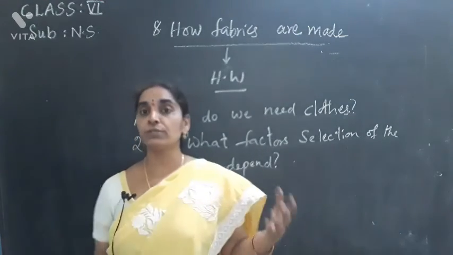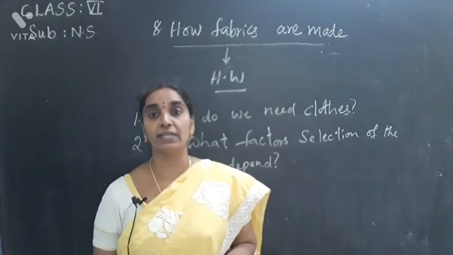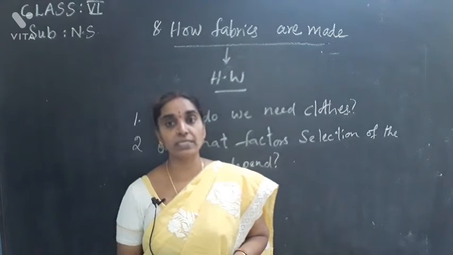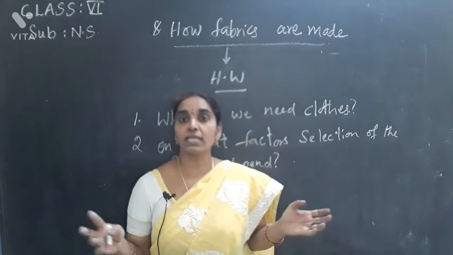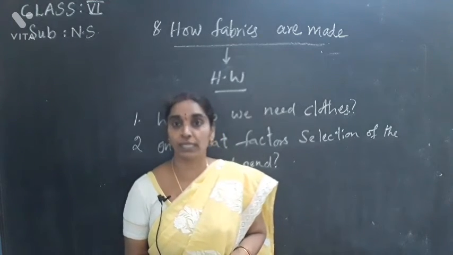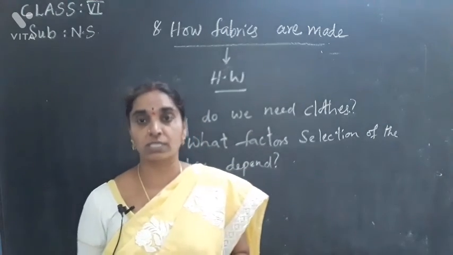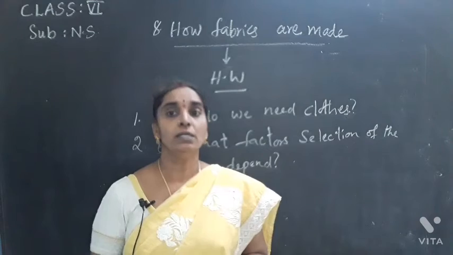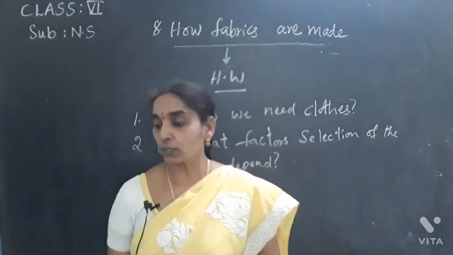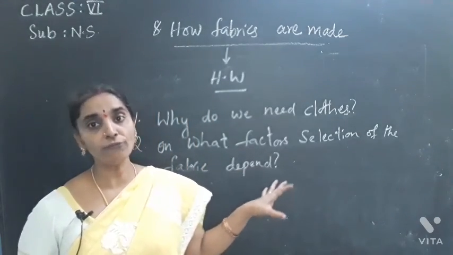Then moving to the rainy season, you prefer to wear synthetic clothes which dry very soon when we get wet. And coming to the winter season, the outside temperature is very cool and our body temperature should be adjusted accordingly. So we wear woolen clothes so that our warmth is not lost outside and the outer cool does not enter our body, as wool behaves as a poor conductor of heat. So this is the case where you select different types of fibers.